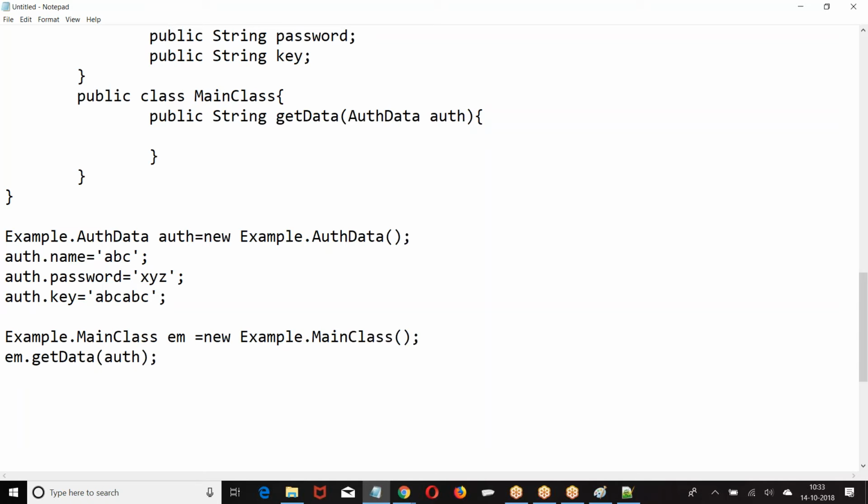In case you want to pass the authentication data. I hope with this you got an idea, right?